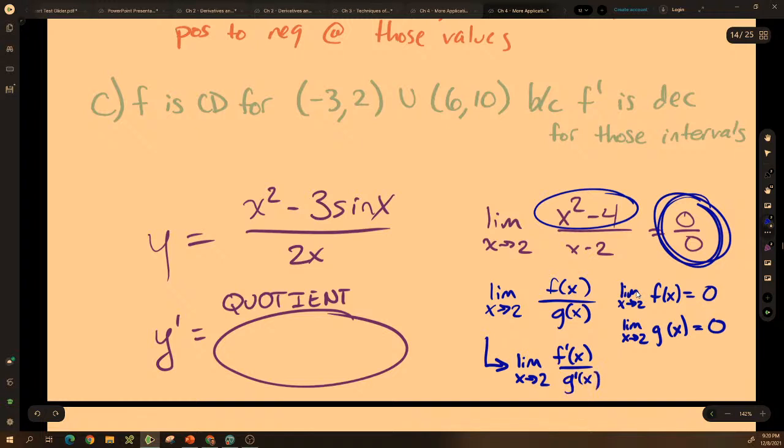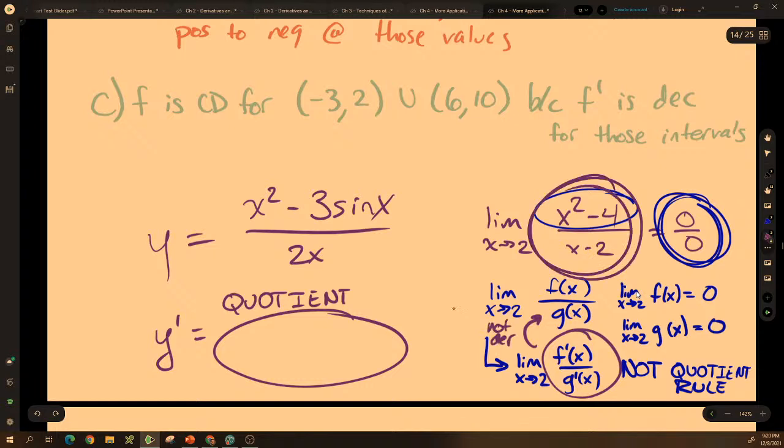That's kind of what L'Hopital discovered. But this is absolutely not quotient rule. When I do these separately, it is not the derivative of the entire